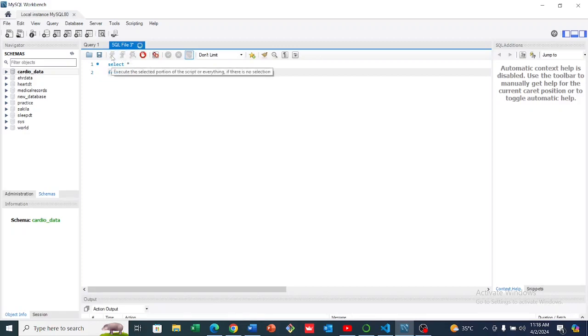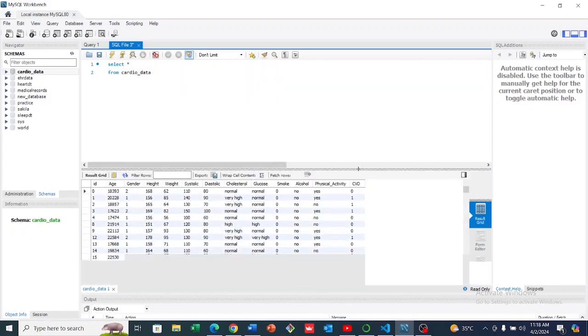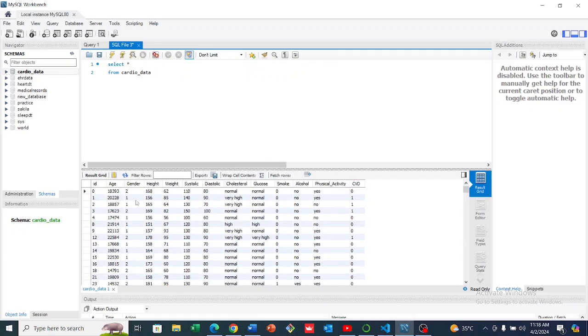Let's go ahead and run this, and this is our table. Let me make this a bit bigger. Just like we said,